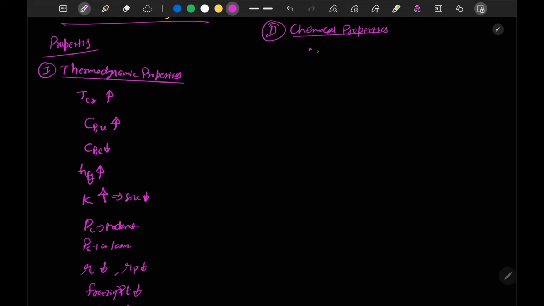So in chemical properties, the first point is it should be non-toxic, non-flammable. Okay, and if we talk about the action with oil, our first point is that there are three types of refrigerant which we generally get. Okay, so first is fully miscible type, which are R11 and R12. Okay, the second is immiscible.